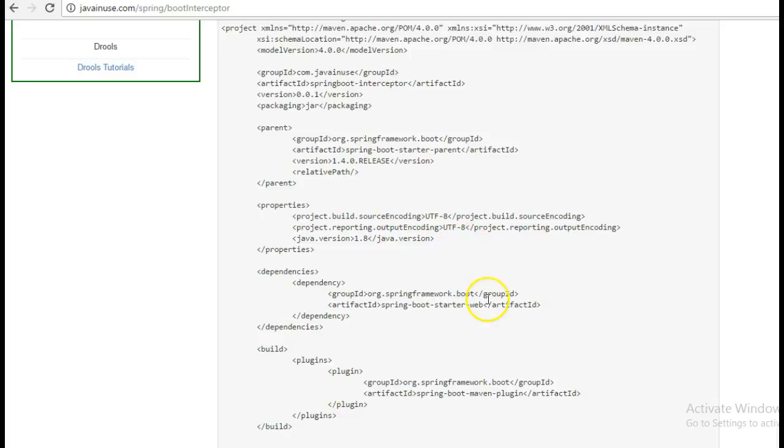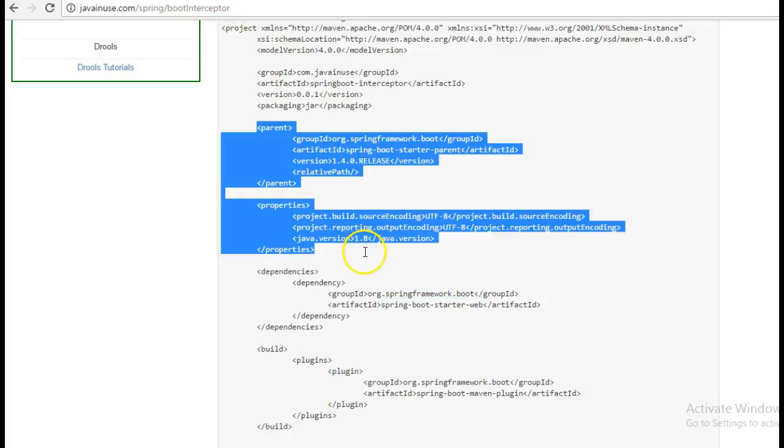This is the POM file. The dependency that we are going to need is the Spring Boot starter web because we are creating a web application. So copy this.